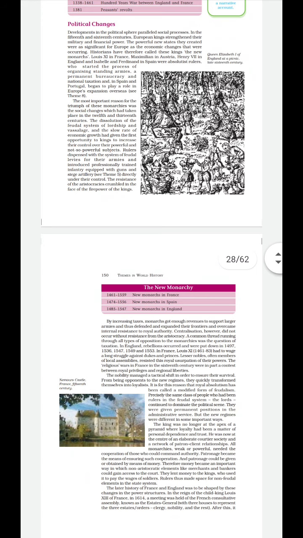They were dictator kings, and they brought many changes, like they started the process of organizing a standing army, that is, they built strong armies. Even they imposed taxation, that is, national taxation was implemented. Even a permanent bureaucracy was set up. Clear? Now the main impact of the political changes brought by the king was, we can say,